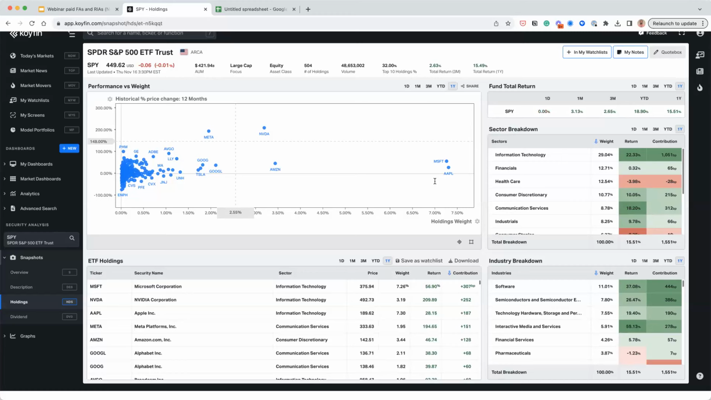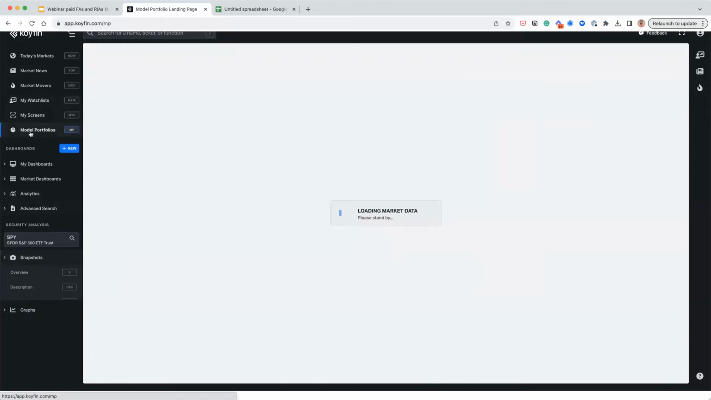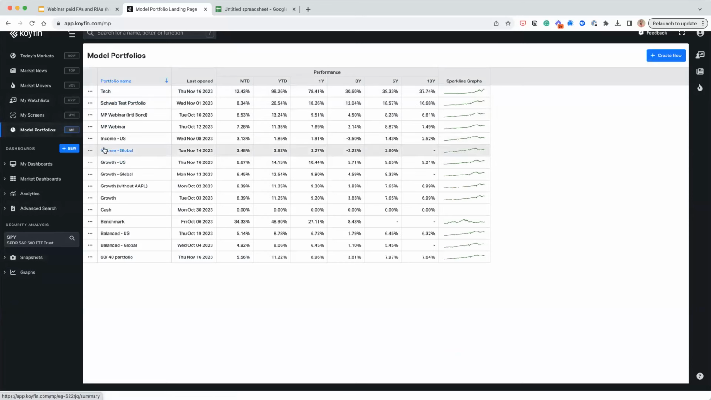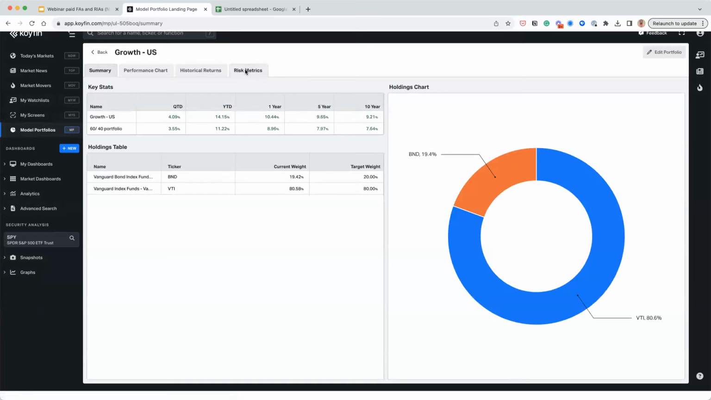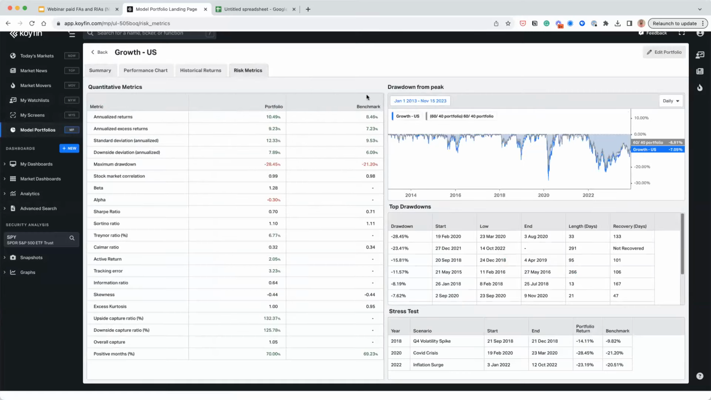I'm trying to think, sorry. I see what you're asking. I'm just trying to think through how you would use that. So when I'm thinking about a model portfolio here, if I'm looking at, what was I using? Growth US. If you go here under risk metrics and you think about the drawdown, you can,